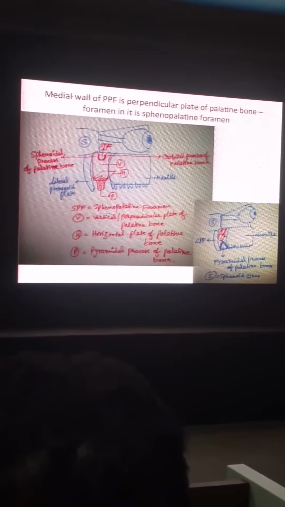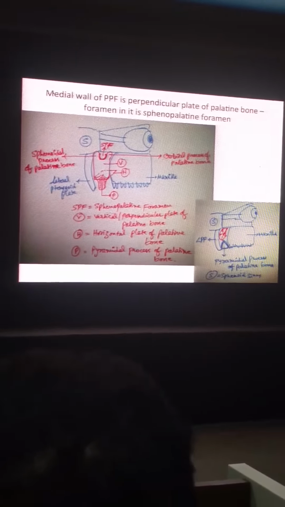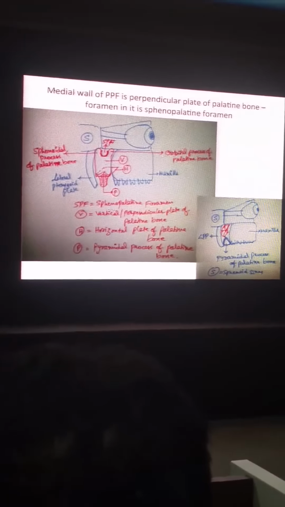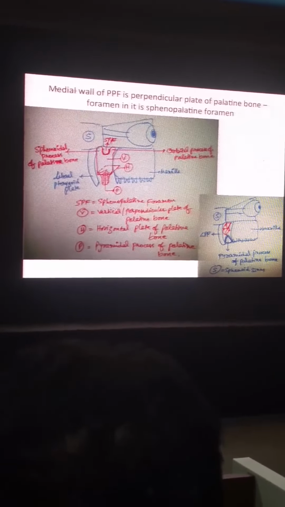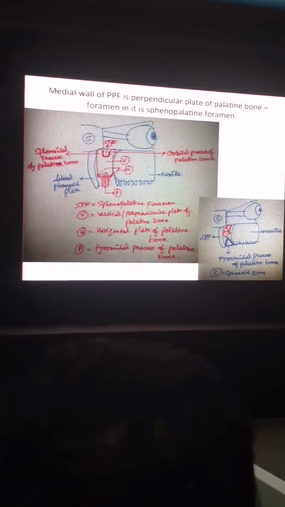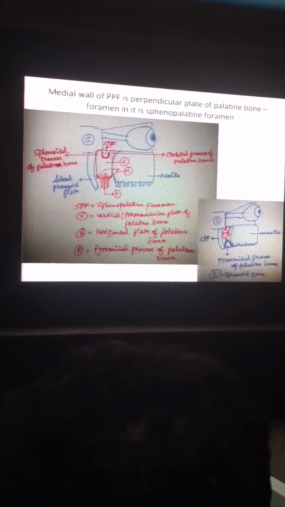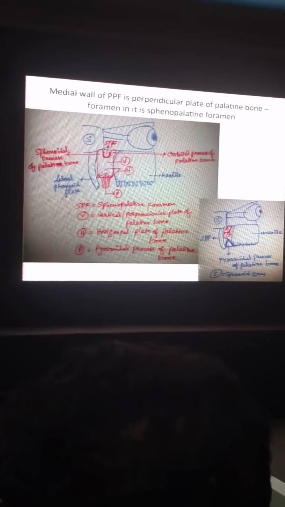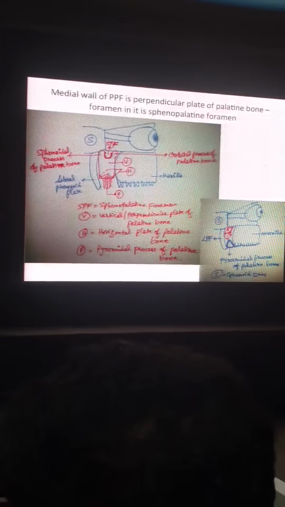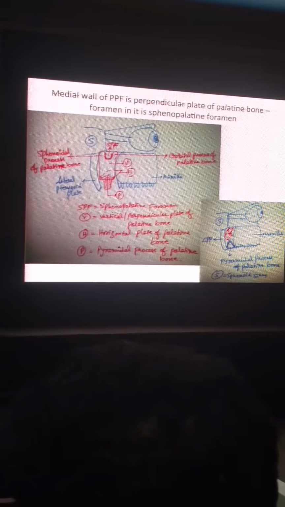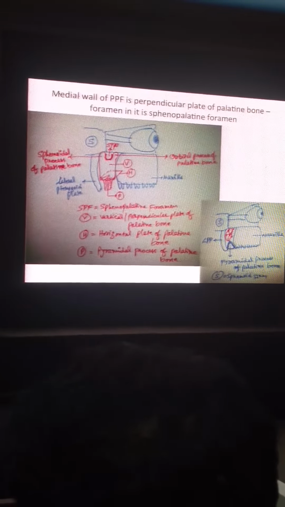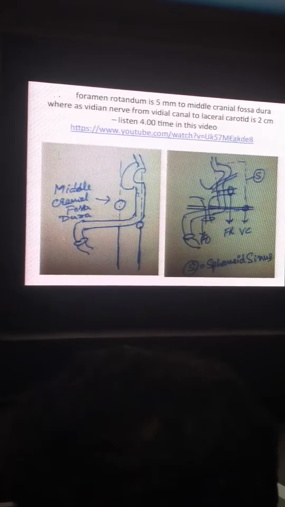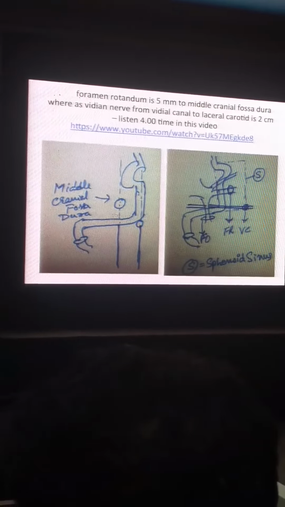Another point: the pterygopalatine fossa extends superiorly to the orbital apex. This is very important. Our JNA goes into the orbital apex. So that is the reason. See here. Pterygopalatine fossa superiorly extends into the orbital apex. Medially, sphenoidal process, orbital process, through that we are getting the sphenopalatine foramen, and below is the pyramidal process. That side diagram. GSPN